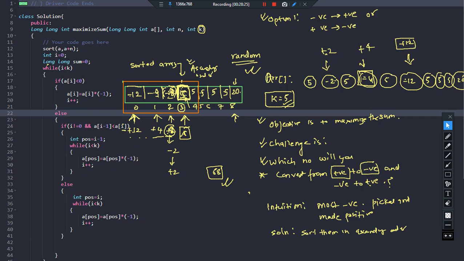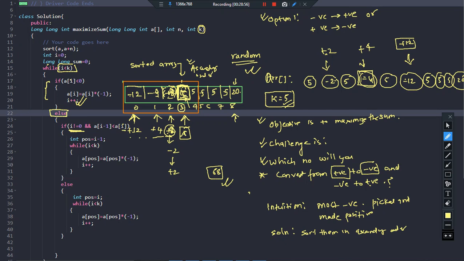You will just scan through the window of k. If your number is negative, keep on changing it into positive. That will add to your profit, isn't it? But if you find a positive number, there are two possibilities, since the number can be at the 0 index or not. The first possibility is if the number is not at the 0th index, meaning it is somewhere in between, like in this case, suppose 5, and you find out that the number before this was a negative number which has been converted to positive.